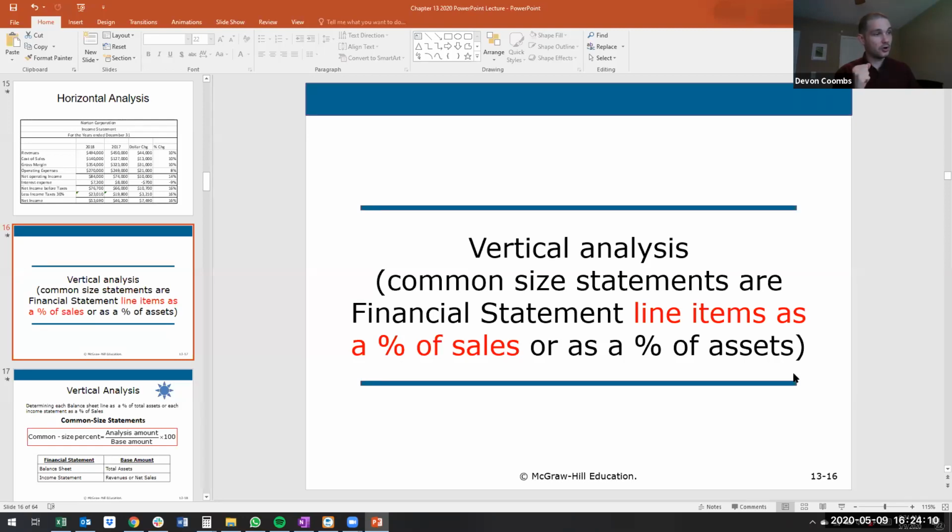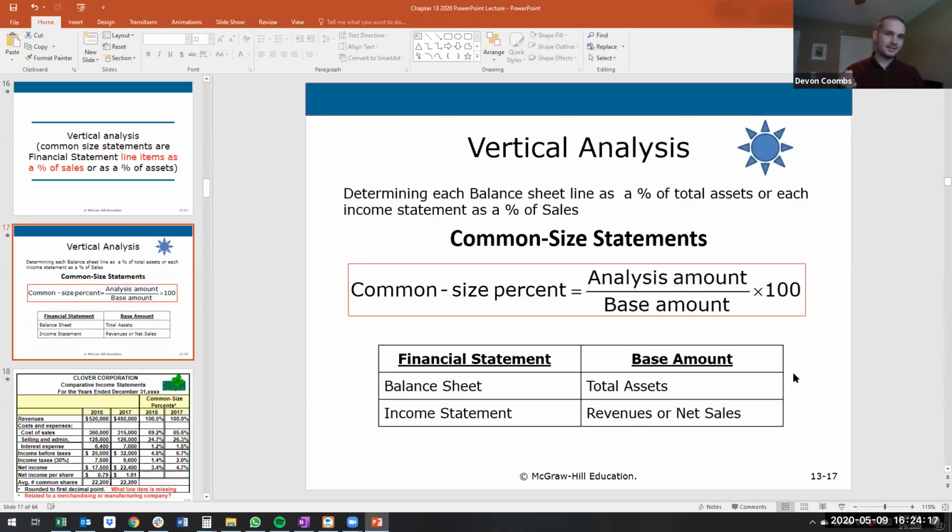Enough current assets to cover my current liabilities, or break it out in different portions like that, right? So we should always have enough assets to cover our liabilities, or else something's off in our financial statements, right? Assets equals liabilities plus equity. So, vertical analysis,